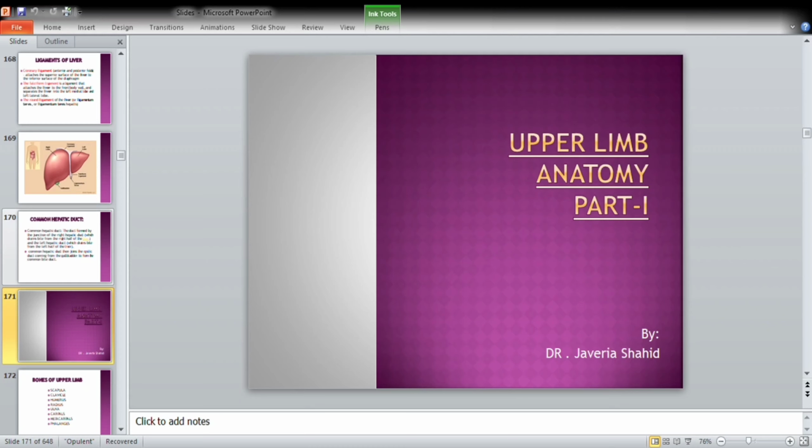We are going to discuss upper limb anatomy. It is part one. Previously, we have discussed abdominal regions, but we are going to cover the abdominal organs later. First of all, the topic we are going to cover in this lecture is the bones specifically. Later on, we will move to the joints of the upper limb and the lower limb, and clinicals later on,